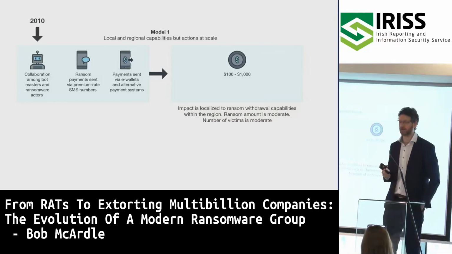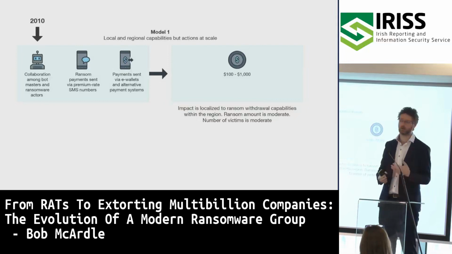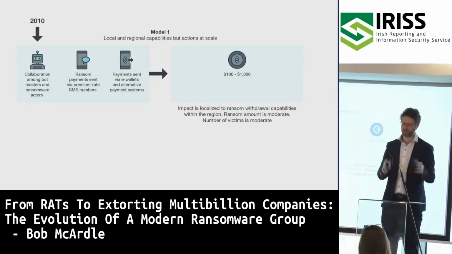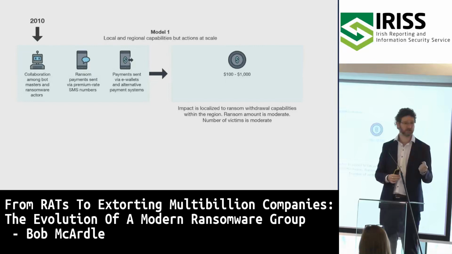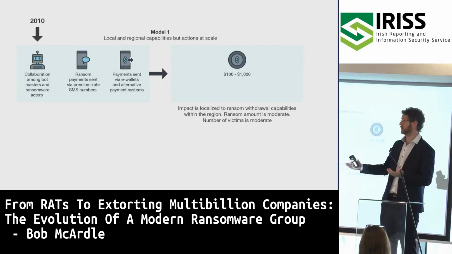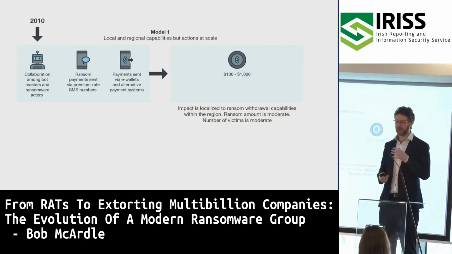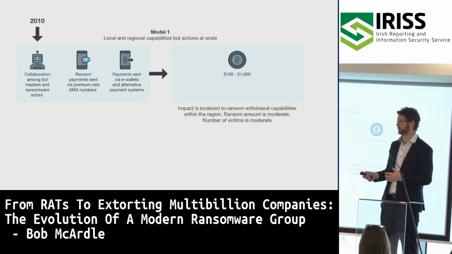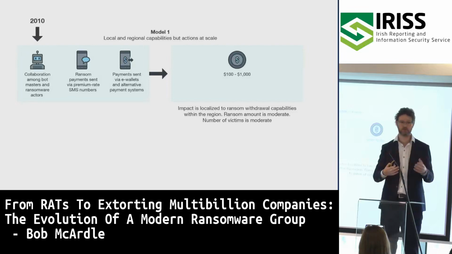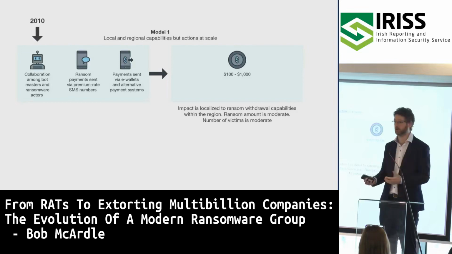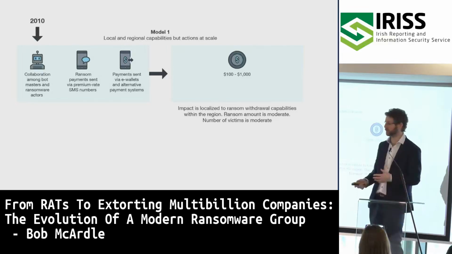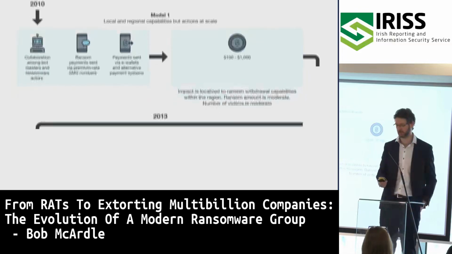Part of the limiting factor there was how they had to get paid. A lot of the ransomware payment back then was actually made over SMS, not just a straight-up SMS, but some countries have systems where you can send funds, up to hundreds or thousands, over SMS. For example, in Russia and some of the Russian-speaking countries, this happened. The downside is that it was good money at the time, but it was limited by geography. If you have a Russian number in your ransomware, it's only going to work for them. It's not going to work in Ireland. You have to find an equivalent service to make it work over here and so on. So it doesn't scale particularly well.